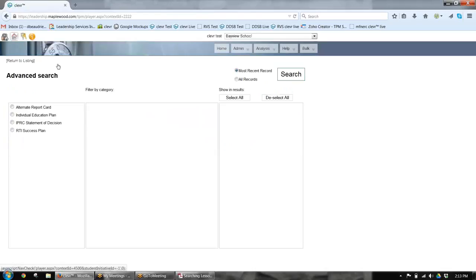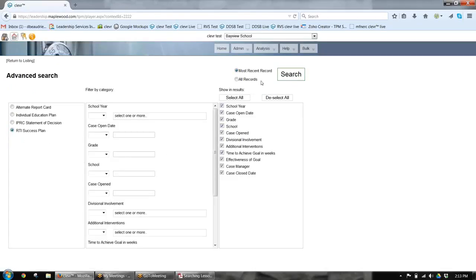So I'm going to go back to the advanced search screen and just talk about the all records and most recent records that you see to the left of the search button. So most recent record, well, in the results screen, it will show you the most recent record for the student. For all records, it will show me all the records that the student has ever had. So if I choose that this time,